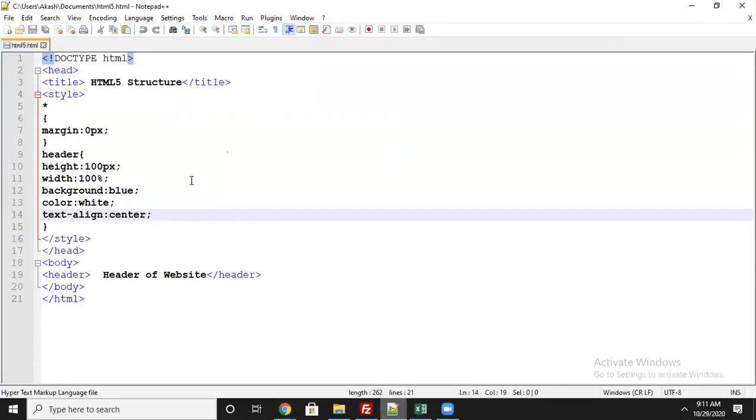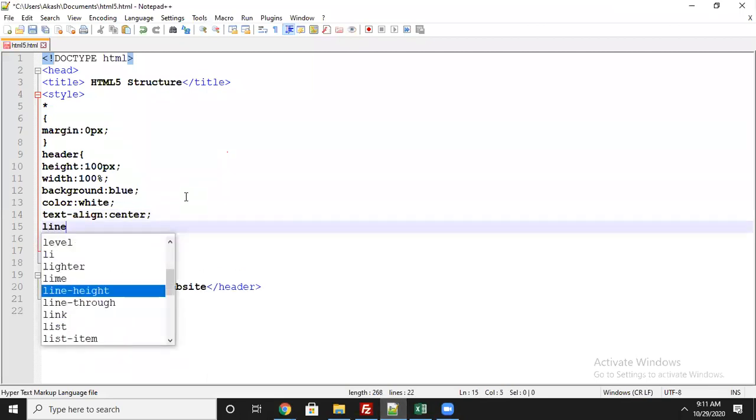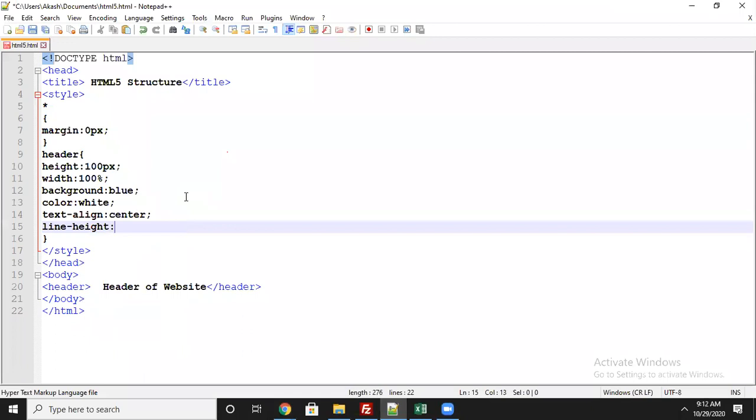If you apply that many pixels, it will come to the midpoint and be displayed there. Let's say I apply line height 100 px, it will come to the middle because the height of the division is 100 px. Let's say I specify line height 100 px, then only it will be in the center.